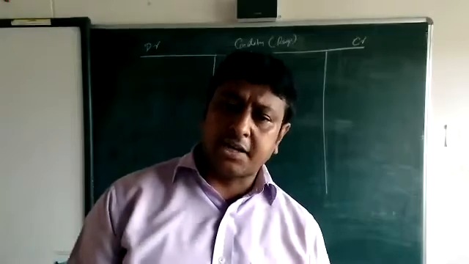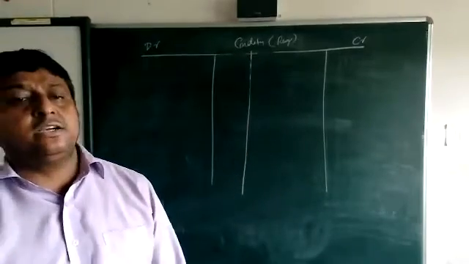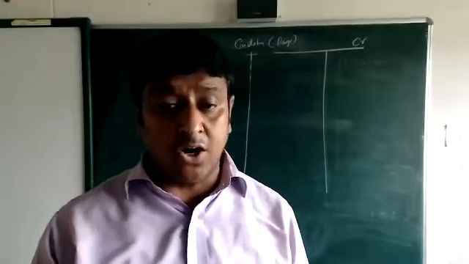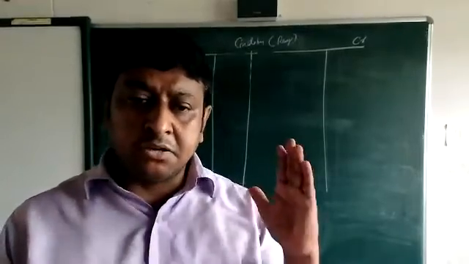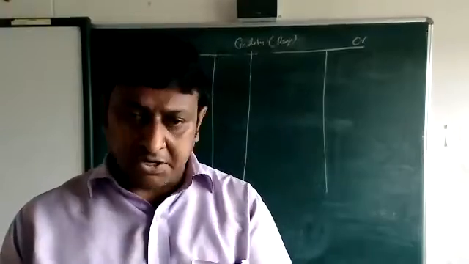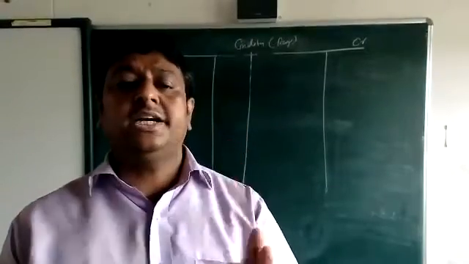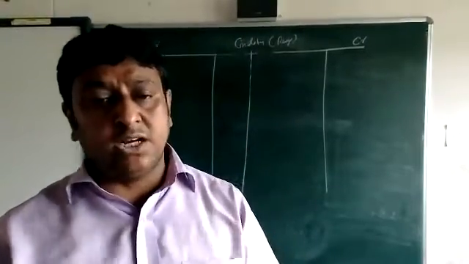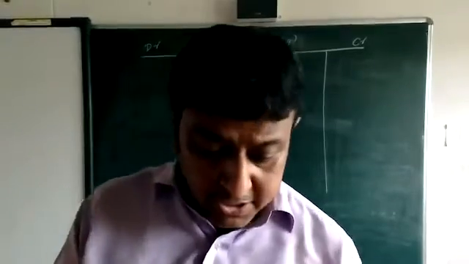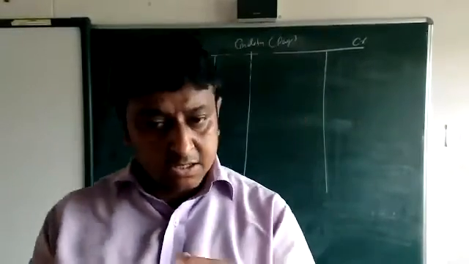Now, creditor is what? Creditor is the liability. Now, if it's an increase, credit; if it's a decrease, debit. Okay, beta, clear? Creditor is the liabilities. If it's an increase, where? Debit. If it's a decrease, then credit.